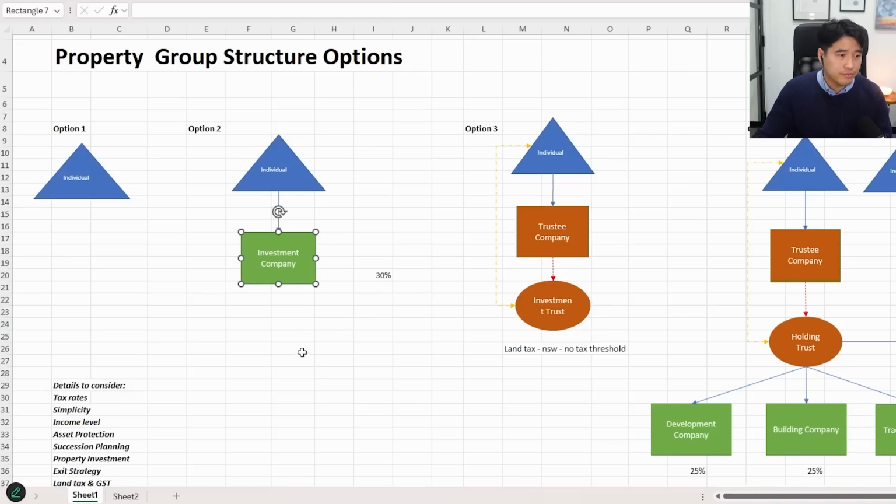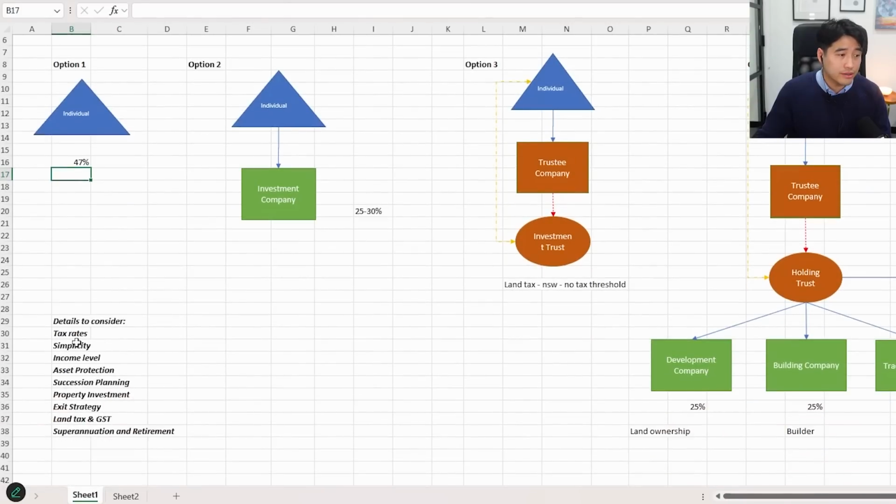But when it comes to investment companies and buying in a company, I generally sometimes like it because you can get taxed at 25 to 30% rather than in your personal name at 47%. Because if you're a high income earner, you've got to look at the details. If you're a high income earner and you're trying to receive rental income on this investment property that you're buying, and you're not knocking it down or rebuilding, and you're not doing a development, as an investor, you want to try to keep your tax as low as possible. So you may consider the investment company. And I know some people are going to say, "Oh, you don't get the 50% discount." I get it.